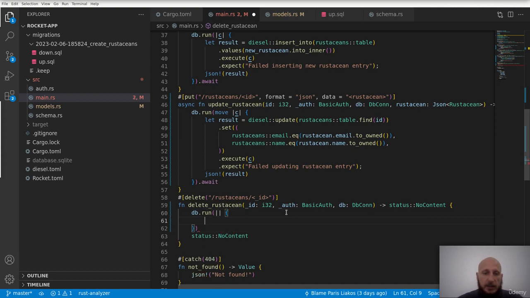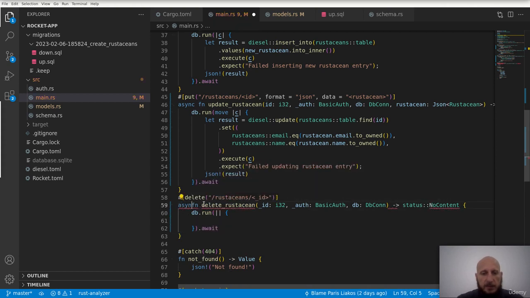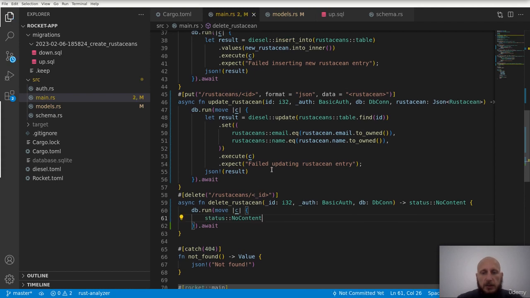We have again an ID, so we should move everything into our callback along with the ownership. But first let's await and then async this function, move, in the end return status no content,